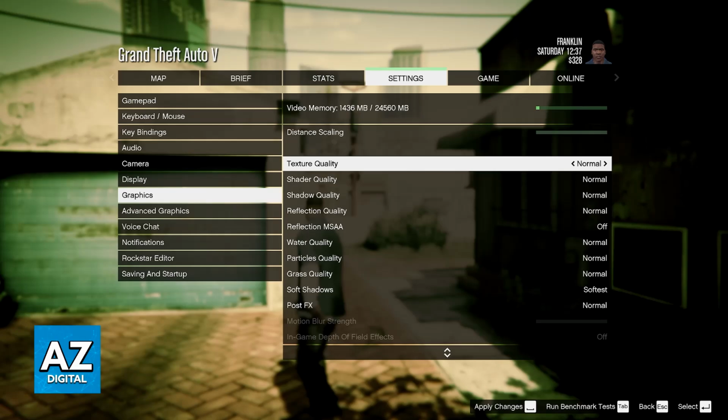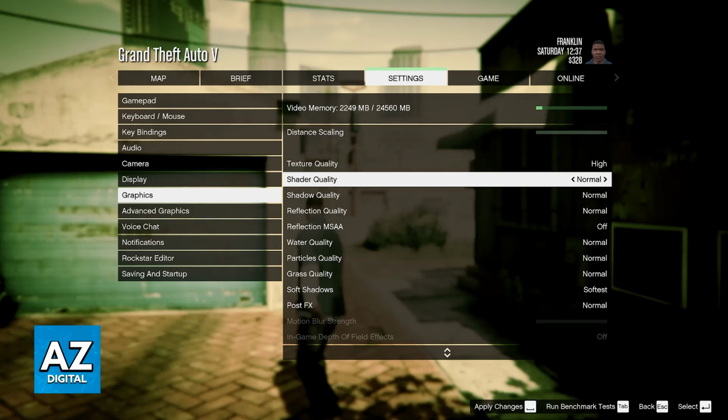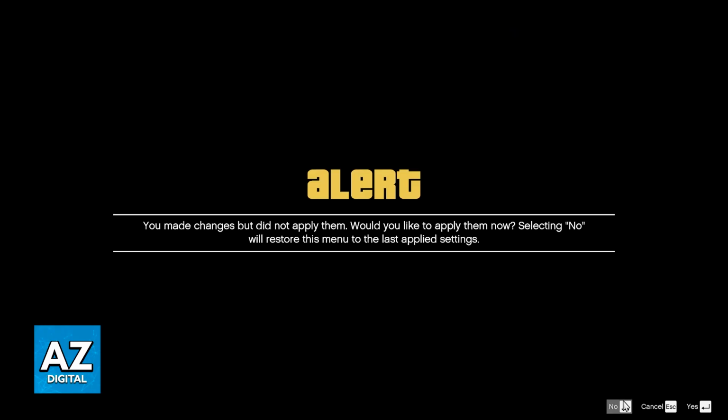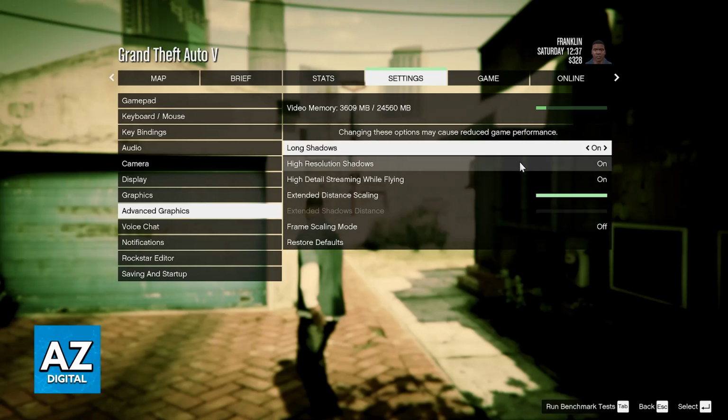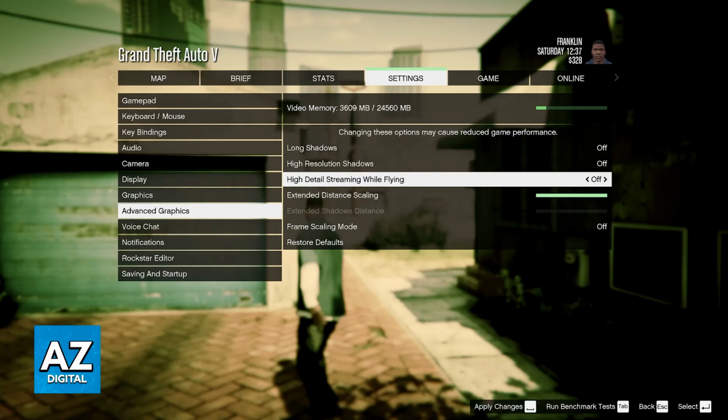Maybe you don't like the texture quality being low, so set it to very high or high while everything else is set to low, but the texture is one that is going to have a lot of impact alongside the shadows. You can go over to advanced graphics if you would like to change more. Now, I'm not going to apply it for this video because once again, I am recording, but you should change these settings as well. The advanced settings will have a lot more impact, so go ahead and once again, lower these accordingly.